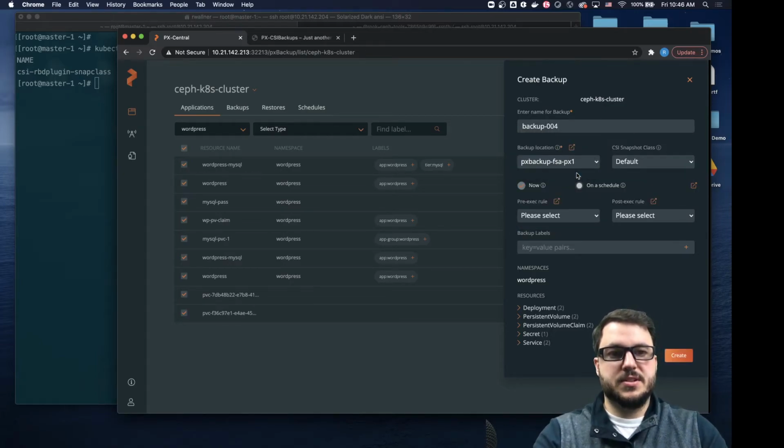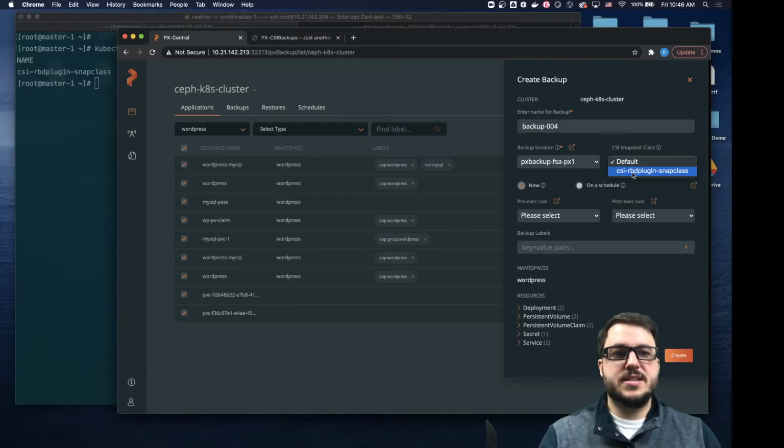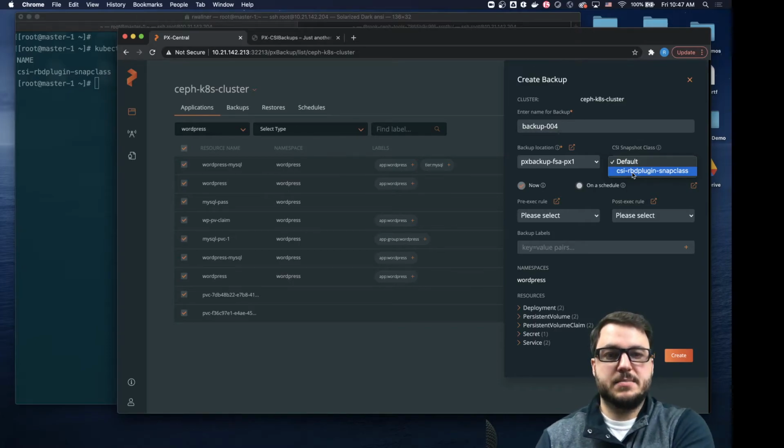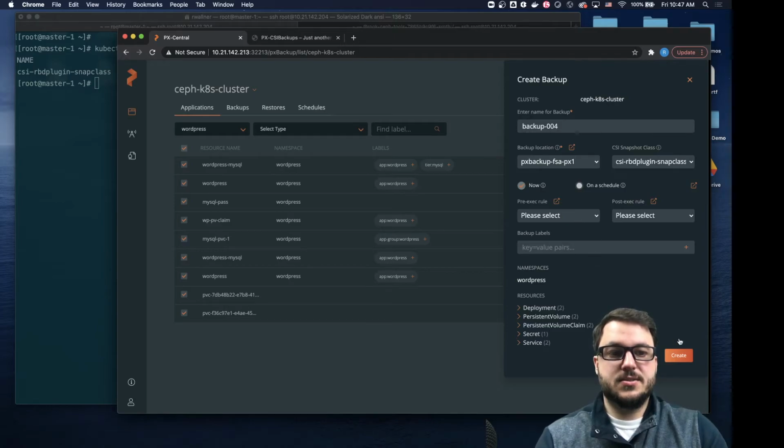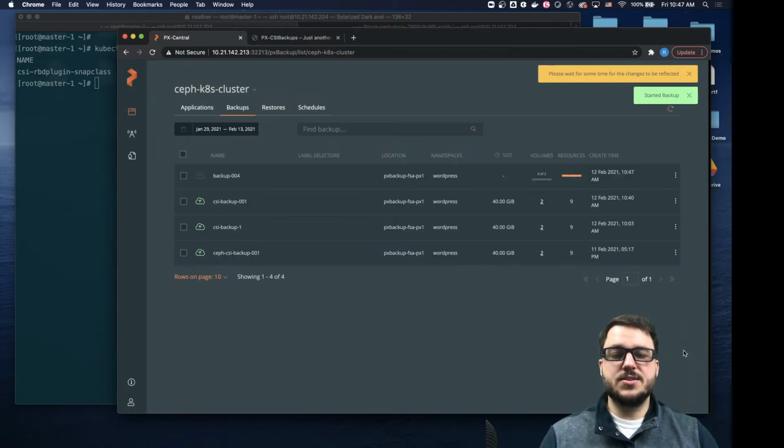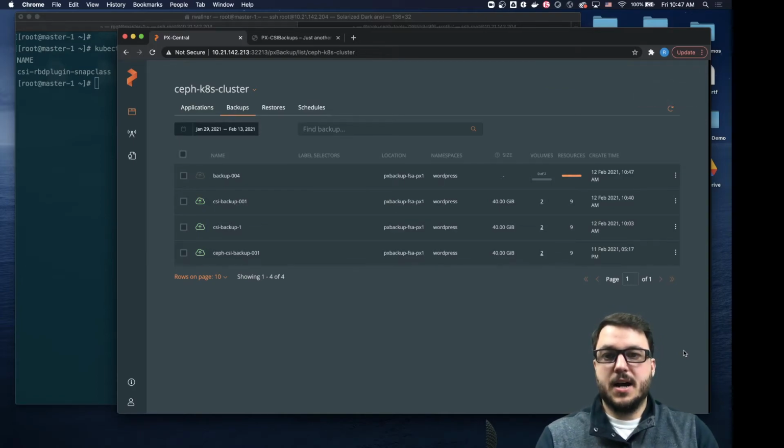Backup location, we're using FlashBlade S3 compatible endpoint for this. And here's where your snapshot class comes in. I know we're using CSI volumes backed by Ceph in this case, so I want to make sure and select the appropriate snapshot class. We're not using a schedule or rules, so this is really all that's needed to take a backup. So now this will actually start a backup of our WordPress pod, the deployments, the service, the secrets,